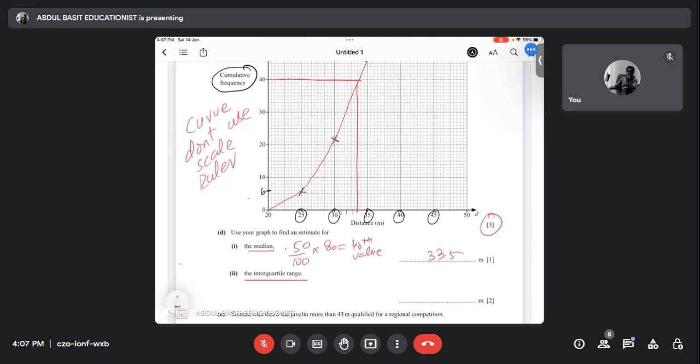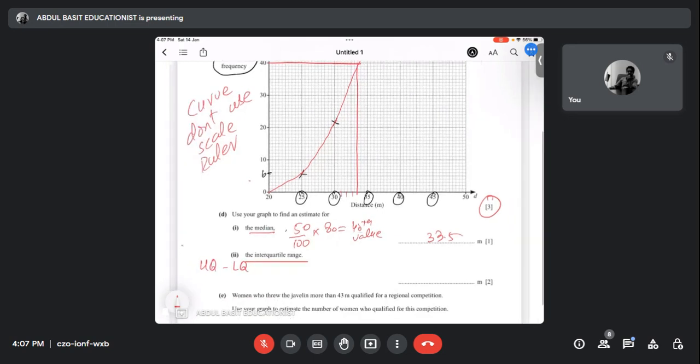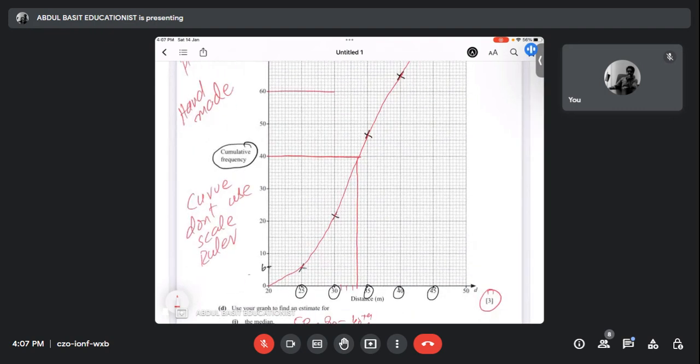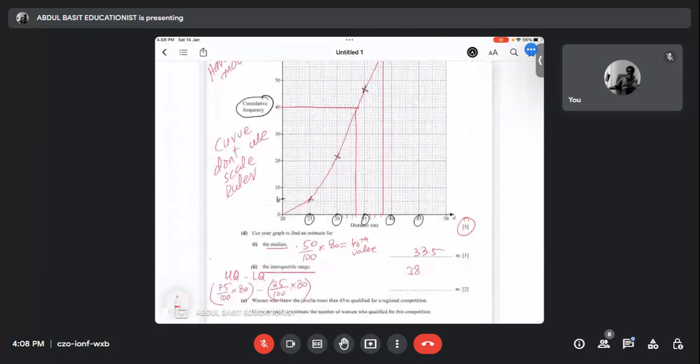Interquartile range is upper quartile minus lower quartile, right Rida? Upper quartile is 75% of cumulative frequency which is 80, minus lower quartile is 25% of 80। So 75% of 80 is 60। So hit पहले 60 से एक वैल्यू निकाल लो मुर्तजा। जी सर। 60th वैल्यू देख लिया मैंने यहाँ पर। तो ये आ रहा है 38.5।